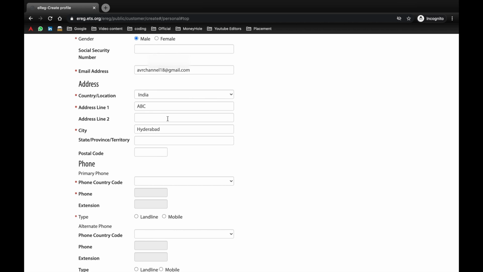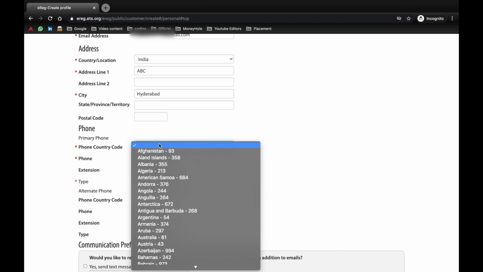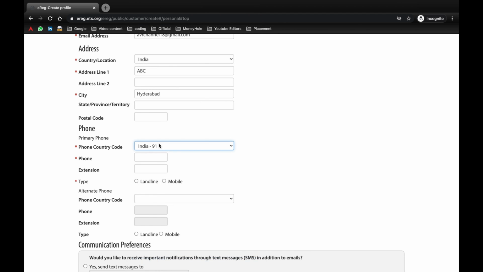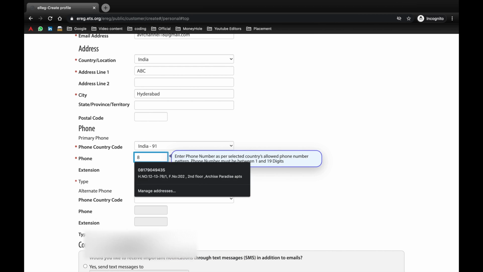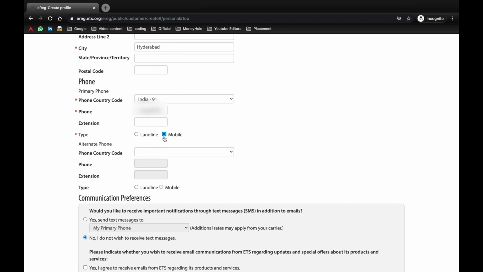I'm just filling the mandatory details here. You can fill your complete address. Now the country code will be +91 for India. And as I mentioned before, give your valid phone number here. The type of number I have given will be mobile.